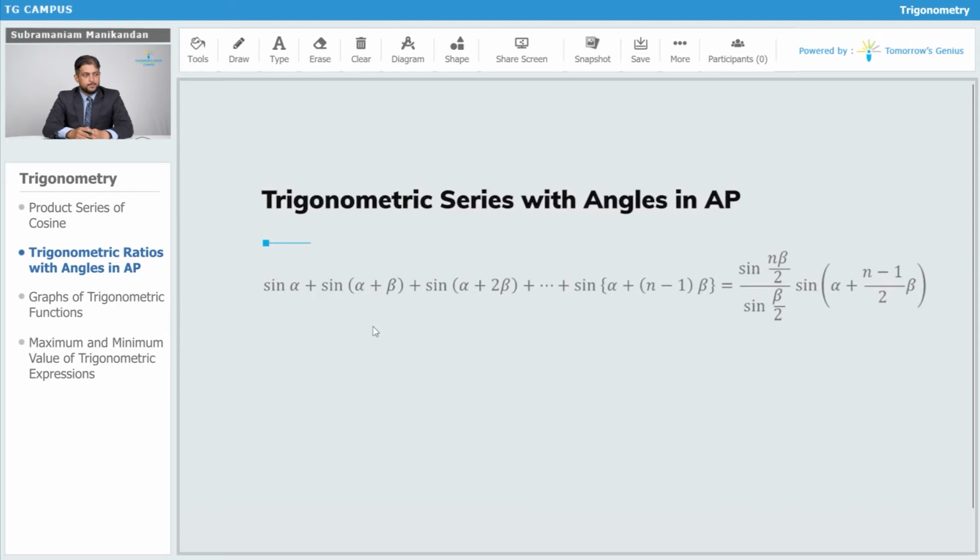Sine alpha plus sine alpha plus beta plus sine alpha plus 2 beta plus sine alpha plus 3 beta and so on, going up to the nth term, which is sine alpha plus n minus 1 beta. This equals sine of n beta by 2 sine of alpha plus n minus 1 by 2 beta divided by sine beta by 2. So therefore,